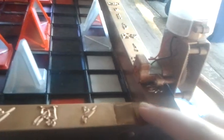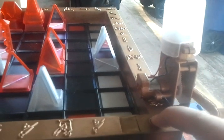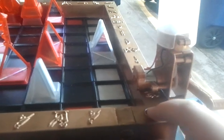Now, as you can see here, there's the red button. You can press it, nothing happens. It's because we don't actually have any batteries whatsoever in this board now. Since I can't run the camera and the button and the crank at the same time, I am going to be cheating using a clamp here just to make sure we can get that button taken down. So give me just a second. We put that in place. There we go. Now all I'm doing with the clamp here is just making sure that that button is secured, which it now is. So at this point, you can again turn the dynamo,